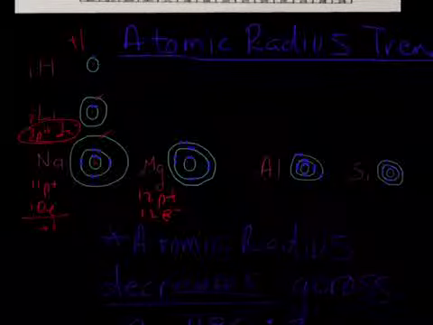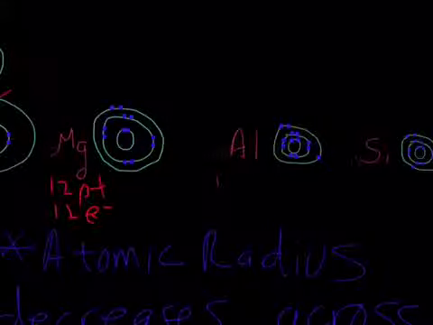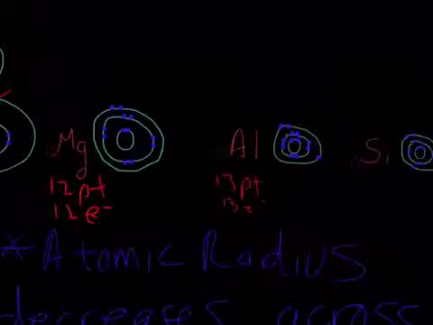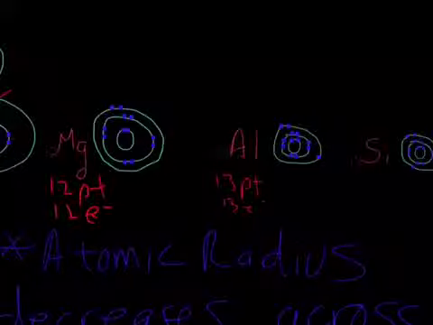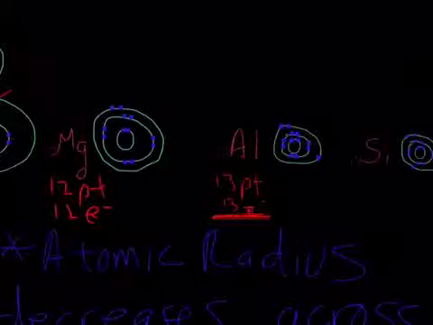If I am looking at aluminum over here, and I'm looking at 13 protons pulling on 13 electrons, we still only have 3 energy levels, but these guys are pulling on each other more because there's more of them attracting each other with those opposite charges. So aluminum is actually going to be smaller. It's going to be pulled in closer to the nucleus, smaller than magnesium is, because there's more attraction between this nucleus